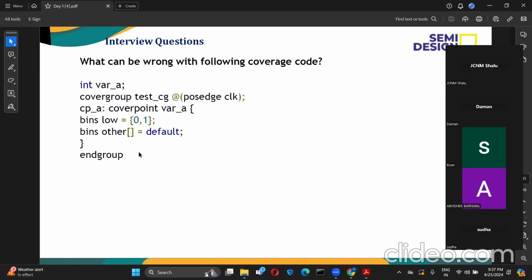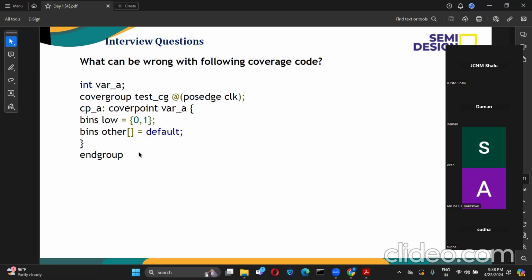Madam, can you please explain default once again? Kiran, can you be a little louder? What did you ask? Madam, I have one query. Wait, let him complete and then I'll get back to you. Just don't interrupt. Yes, Kiran, speak louder. I didn't get what you are asking. Repeat once again. Why are we avoiding default bins? What is the reason behind that?